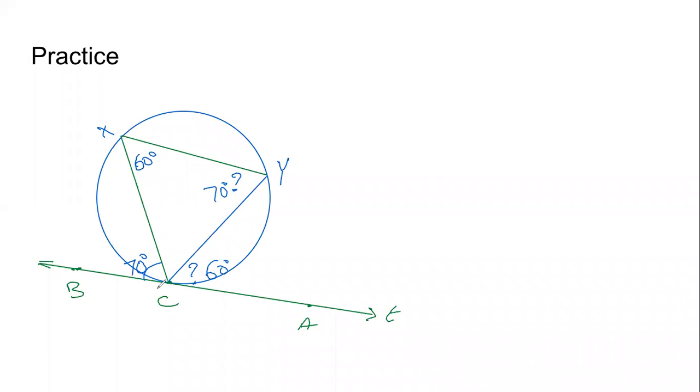So the angle between the secant and the tangent is equal to the inscribed angle on the opposite side of the secant. So this 60 degrees is equal to the angle that the secant makes on the opposite side. Then this angle 70 degrees, which is the angle between the secant and the tangent, is equal to the angle the secant makes on the opposite side. Inscribed angle. As simple as that. And there are no questions in the practice set or in the example regarding this. Moving on.